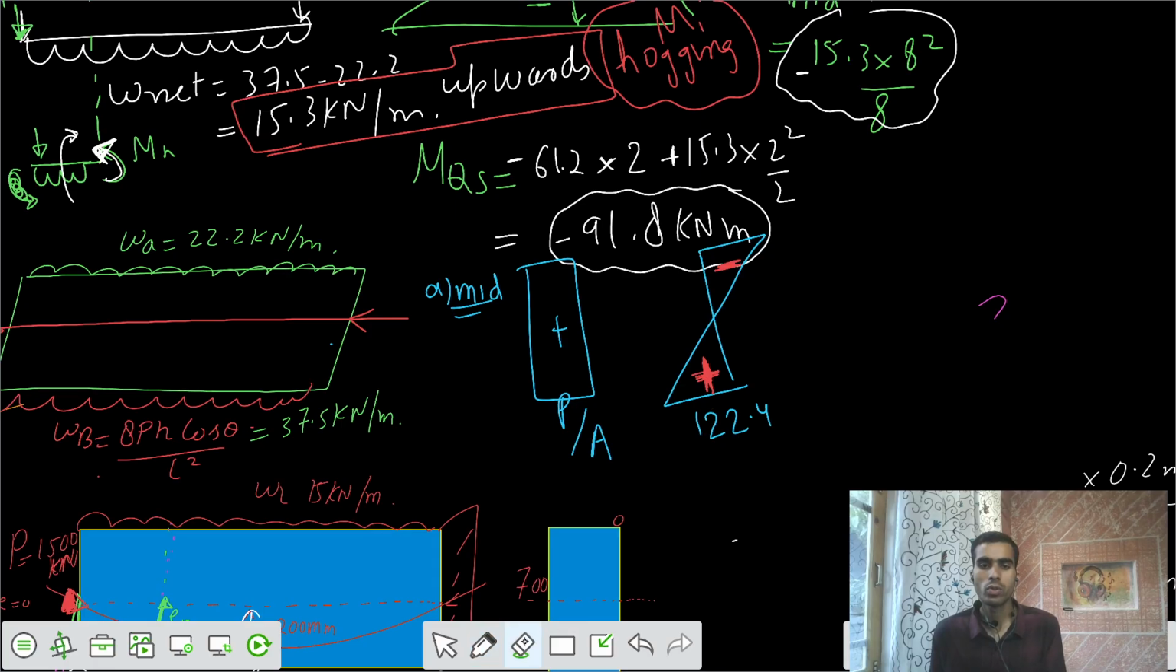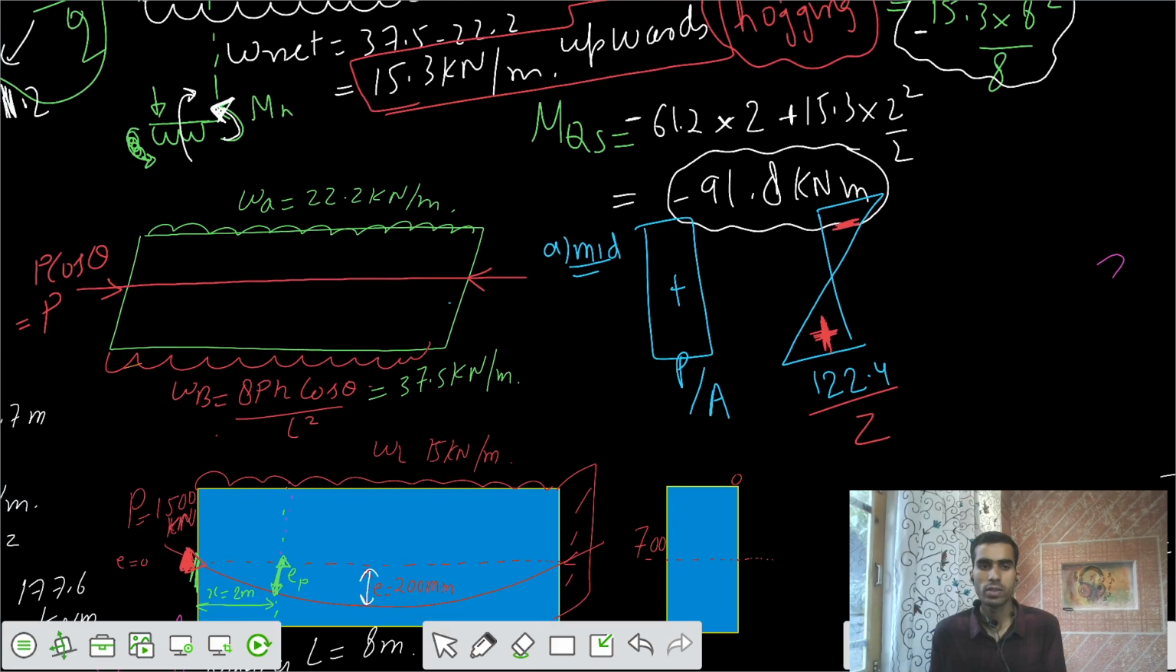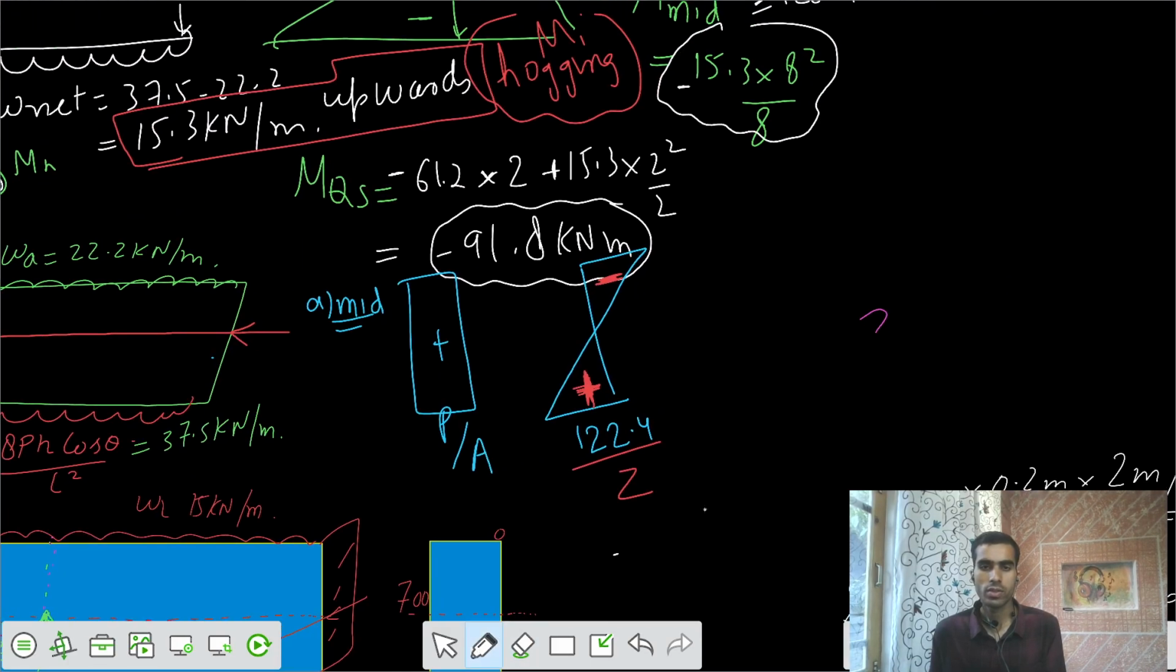So I would write 122.4 divided by Z. So we have to calculate stresses at the top. Let's try to calculate stresses at the top. So F top is equal to P by A, that is fixed, it's not going to change, and we have a negative value of that 122.4